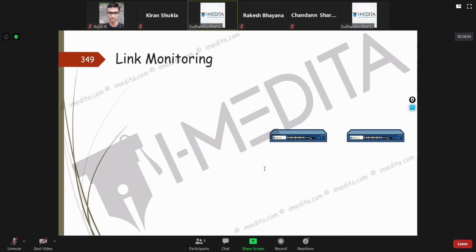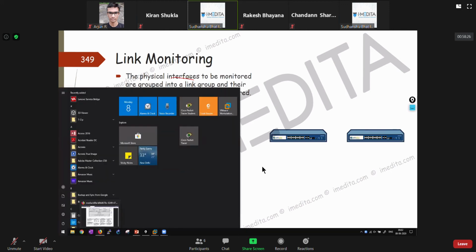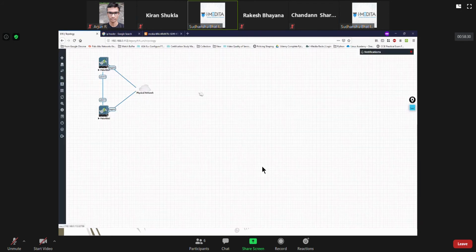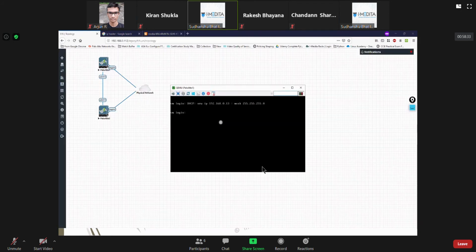Second we have is link monitoring. Like I told you, you can have a physical interface list that you want to be monitored. Their state, whether they are up or down, is monitored, and in case the links go down... Let me show you, because sometimes people get confused about this.